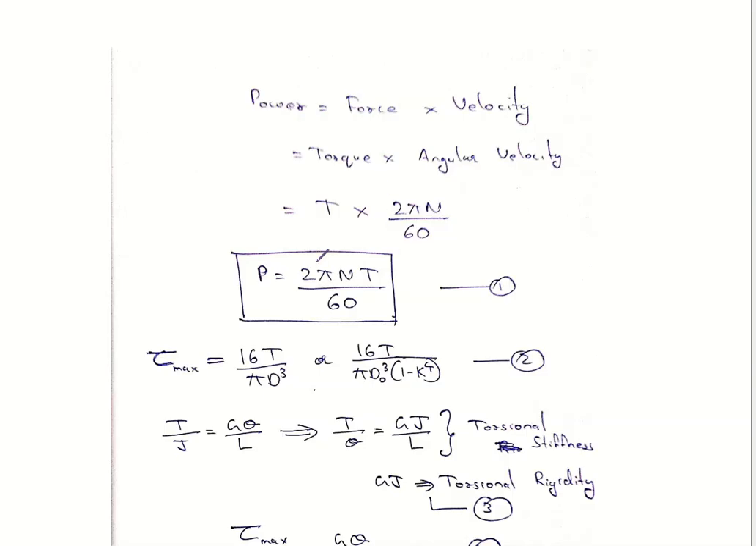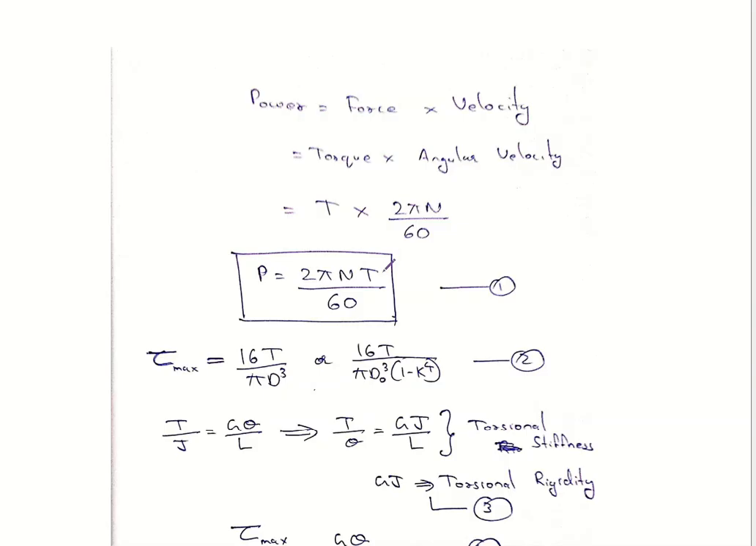Then, combining these two, T and 2 pi n by 60, we can write power P is equal to 2 pi nT by 60. Now this is an important equation in torsion. Why? Because